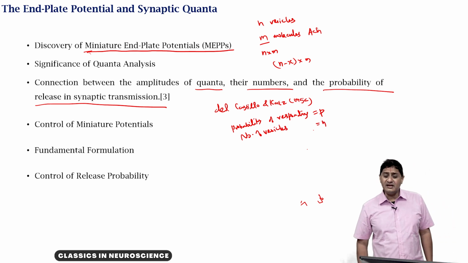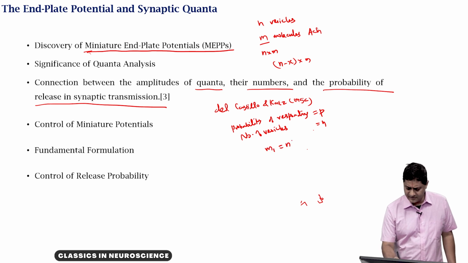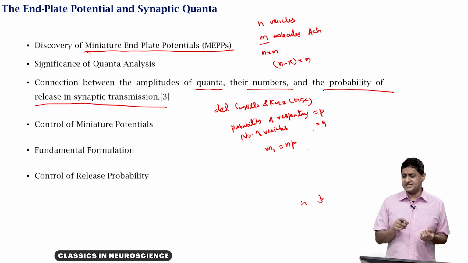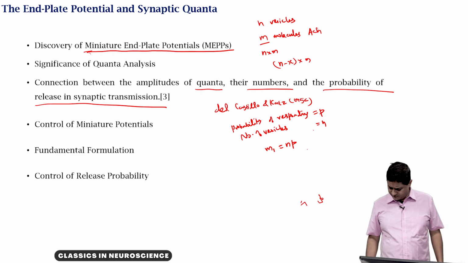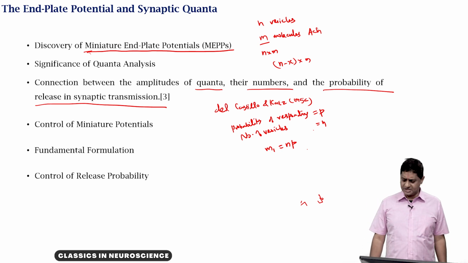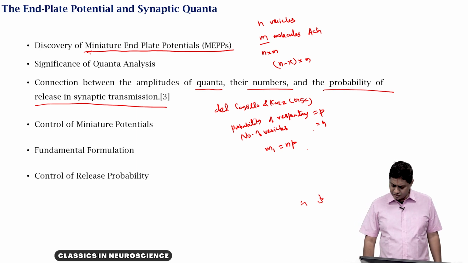Okay. Then the mean number of units responding to one impulse, what is going to be that mean? Let us say that mean m1 is np, is it not? The probability of response of each times the number of units that are available. So, a classic statistical approach, where p is very small, the number of units of x that make up the end plate potential in a large series of observations should be distributed in the characteristic manner of the Poisson's law. Right. Check that out.